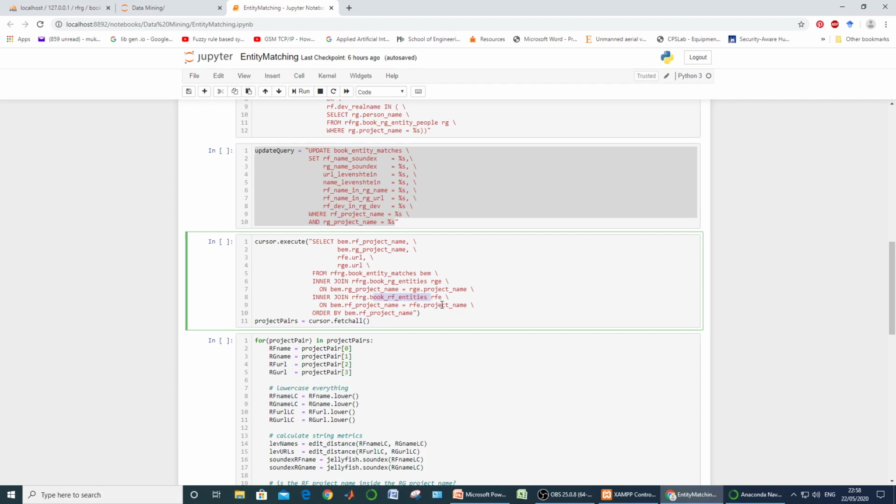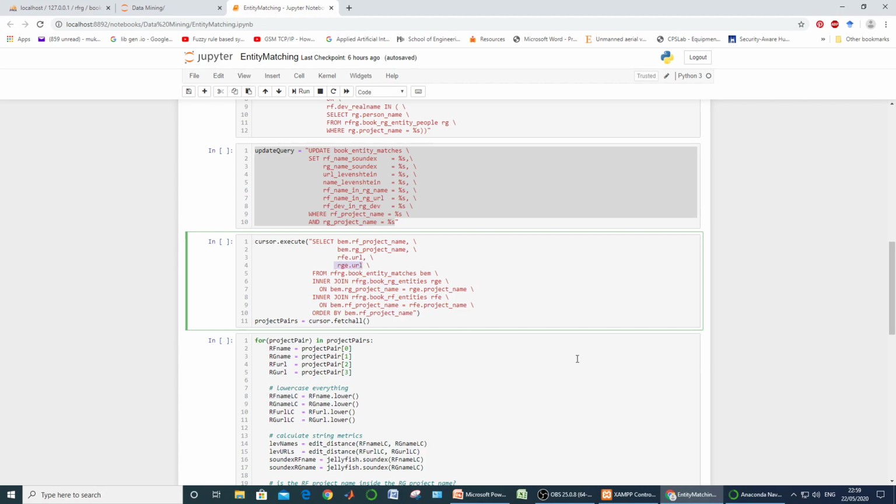Now let us look at what exactly this query is doing. Select the resultant project name from RG, the resultant project name from RF, and the URL from RFE and the URL from RGE, where RFE denotes the second book RF table, referred to as RFE. So from this table select the RFE URL, and from that table select the RGE URL.